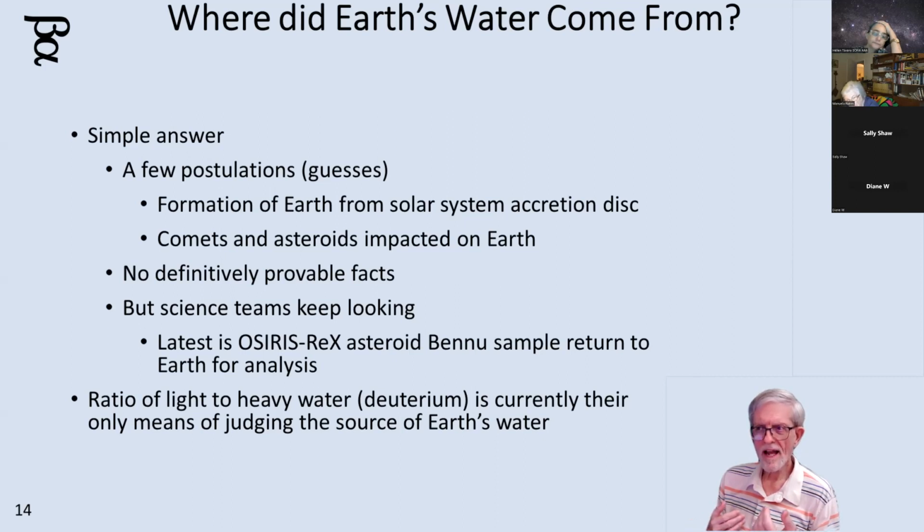And therefore, if we see that the dominant water on the Earth is not deuterium, but the dominant water we see coming in from comets and asteroids has deuterium in it, then either the deuterium degraded to become our light water, or our light water came from something else, like maybe the accretion disk. So keep looking. We'll figure it out.